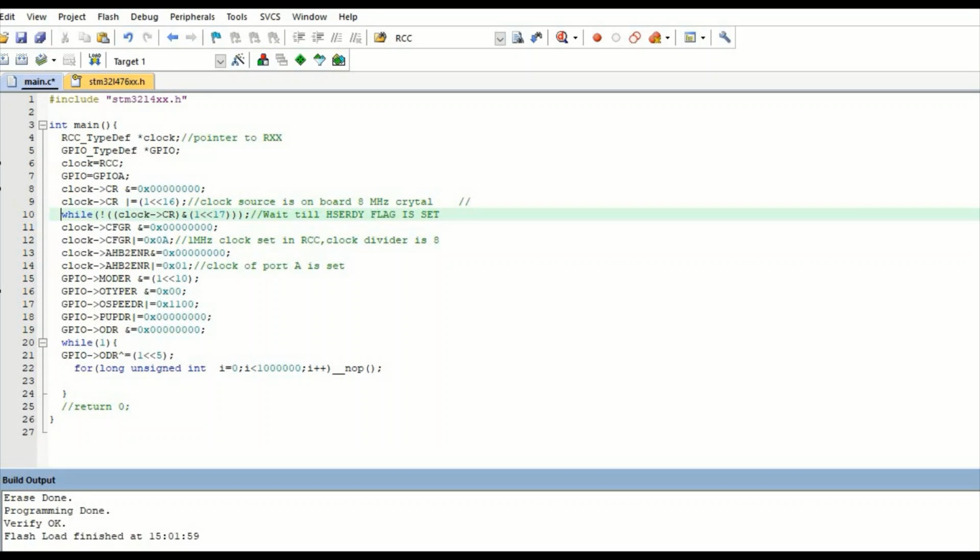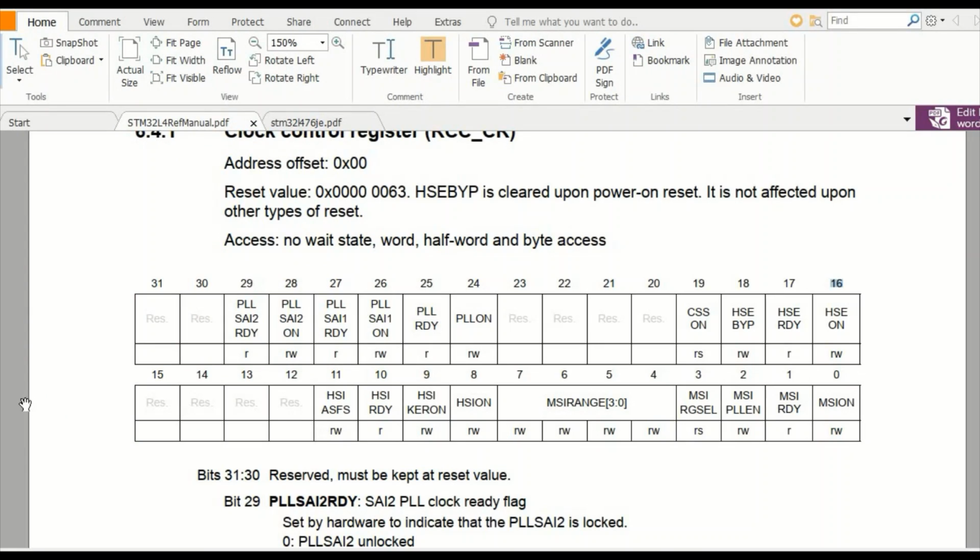So as we have set the 16th bit, now you must see there is a bit, the 17th bit, that is called HSERDY. What is the function of this bit? This bit is set after the source from the crystal.